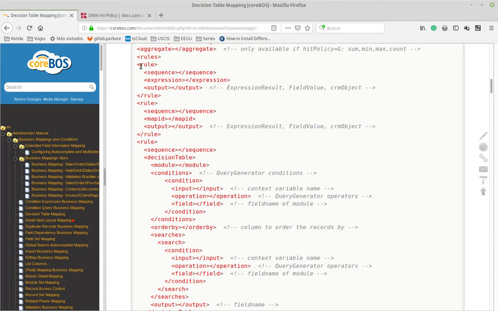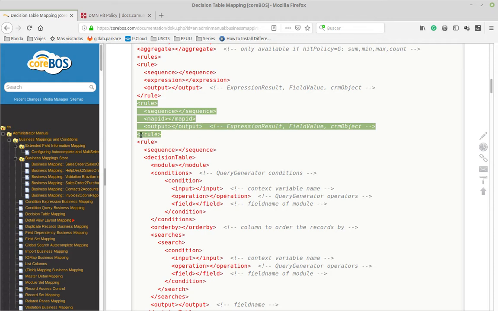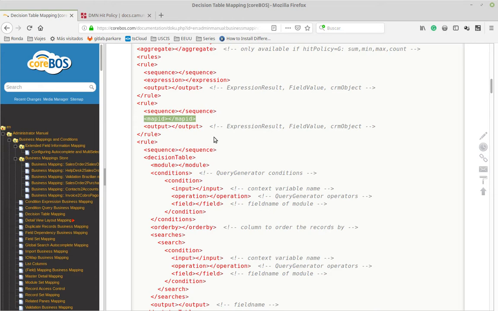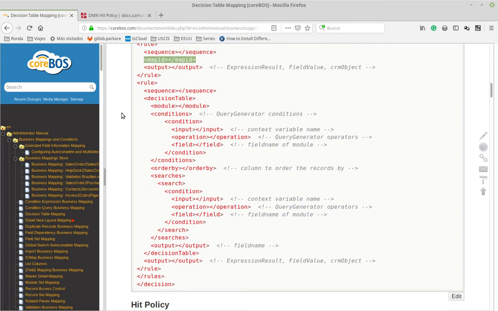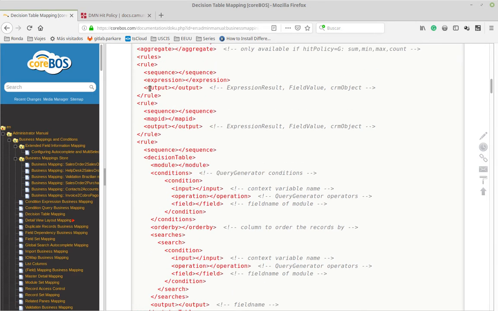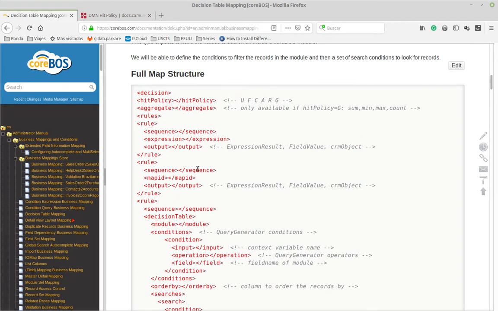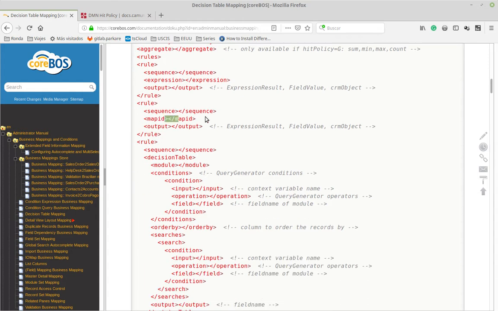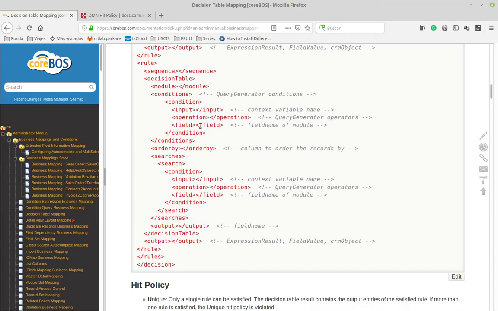Here we have this first rule in the documentation, which is an expression. So it has an expression directive and it has an output. And then we have another rule here, which is a business map, a condition expression or a condition query business map. So you just give the ID and the decision table will load that map and execute it inside the context of this other map. And then the other type, actually each rule can be of one type: an expression, a condition expression map, or